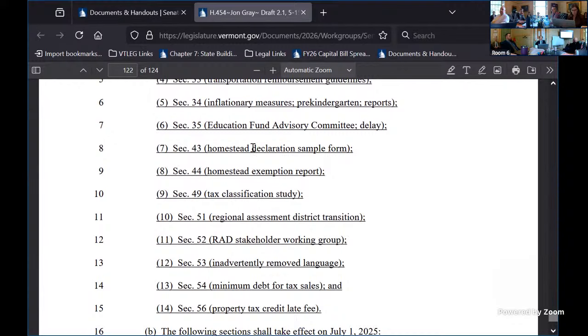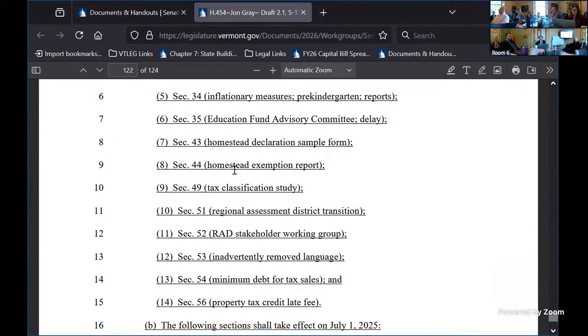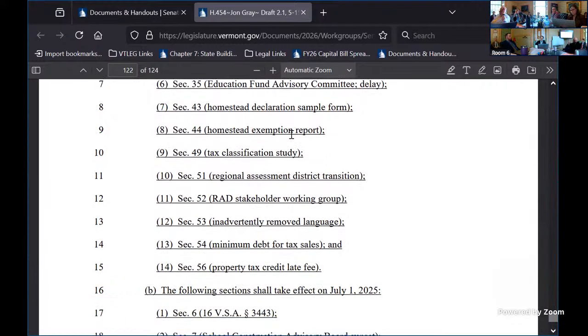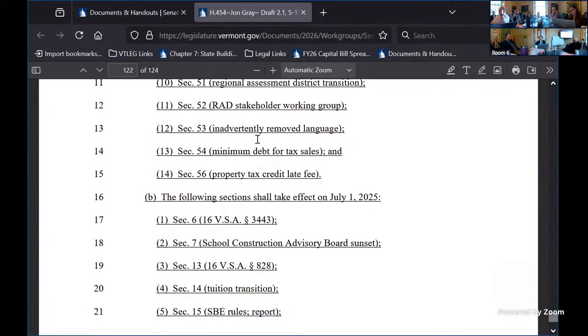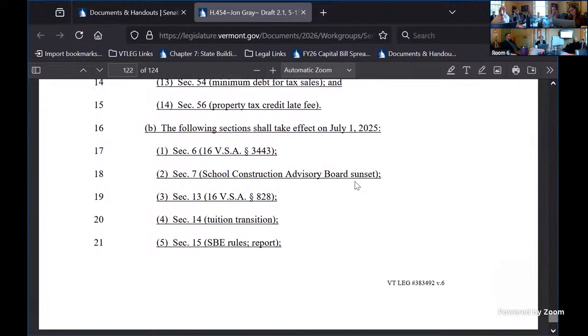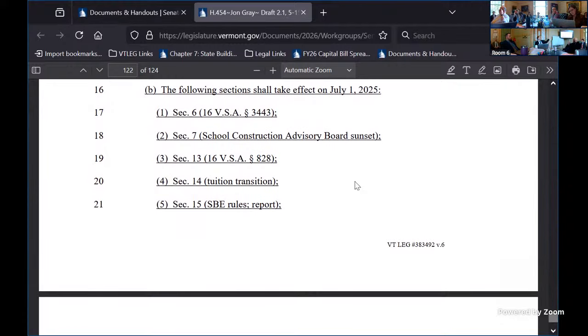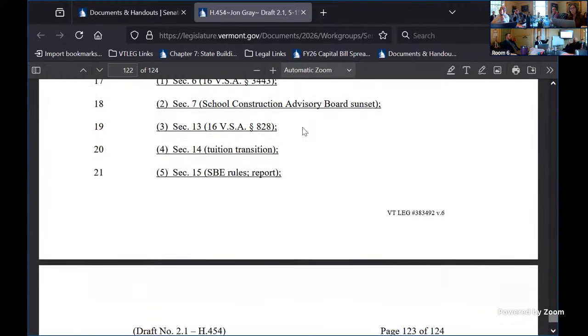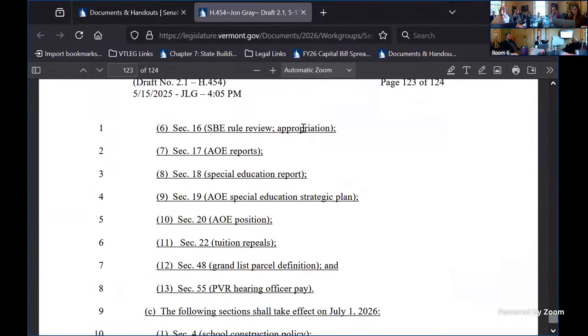Report back from the tax department. They're also going to provide that report on the homestead exemption, right, in consultation with JFO. All of the things that you need reports for, they're effective on passage, setting up the process on July 1, 2025. It will be harder for me to speak to these pieces because they're outside of the scope. But some of the earlier education fund pieces, I think what you guys have really touched are